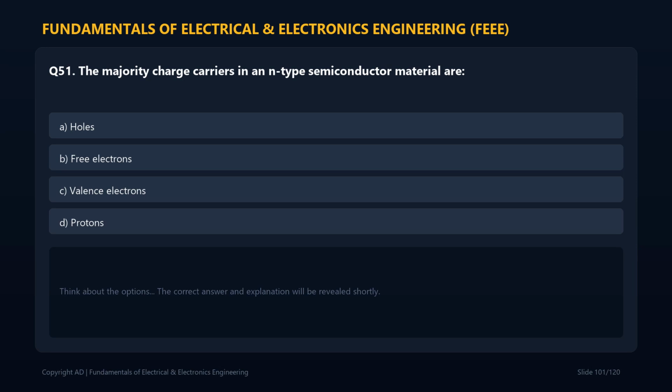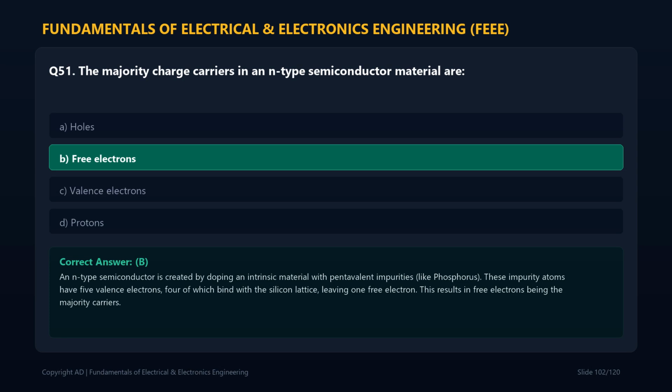Question 51. The majority charge carriers in an N-type semiconductor material are option A. Holes. Option B. Free electrons. Option C. Valence electrons. Option D. Protons. The correct answer is B. Free electrons. In N-type semiconductors, pentavalent doping adds extra free electrons which act as majority carriers, while holes are minority